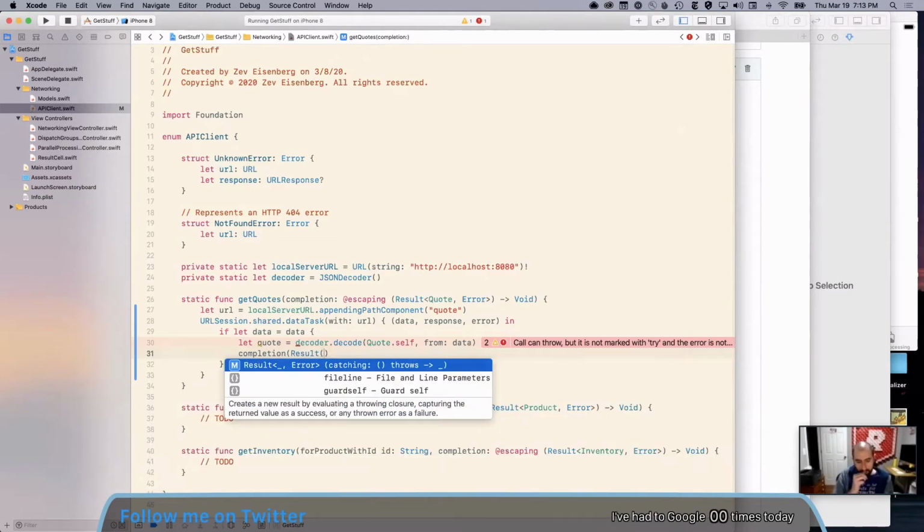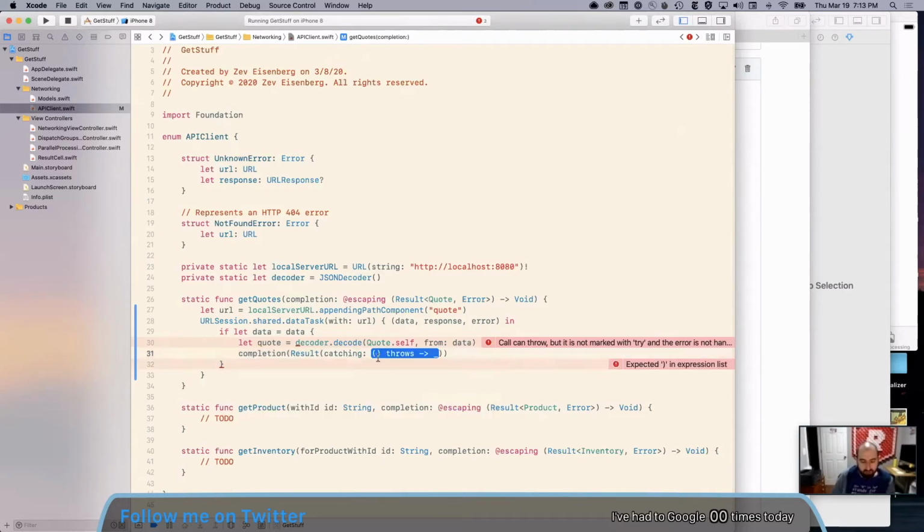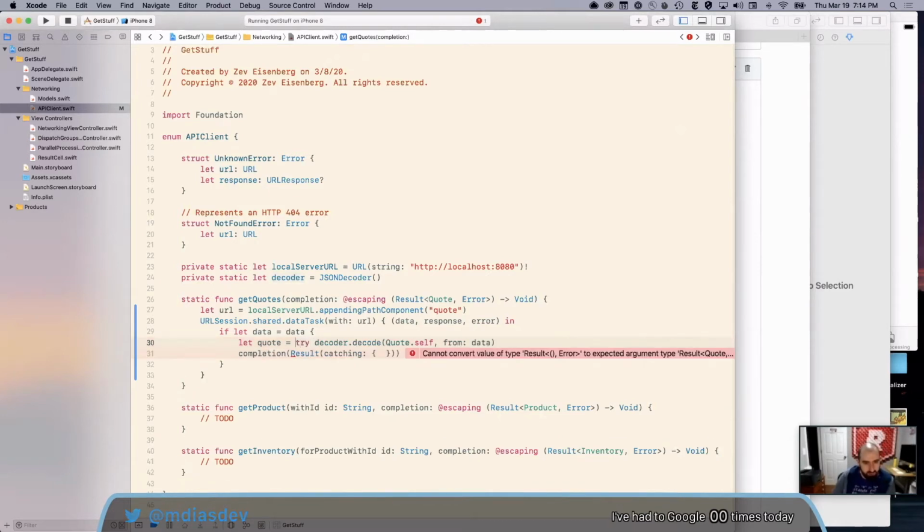And result has this neat initializer, which is catching, and it will catch a closure that throws something. So I can make a closure here, and in there I can try my decoding. Just put that right in there.